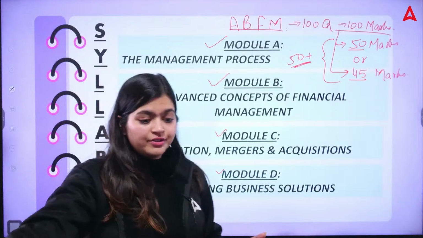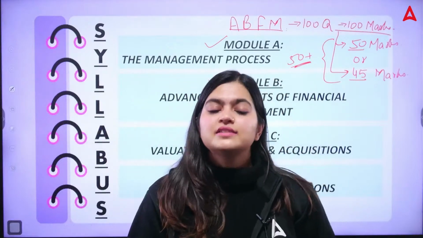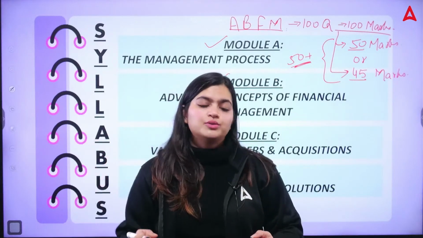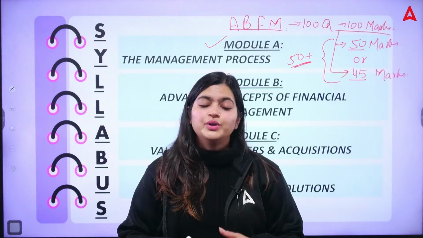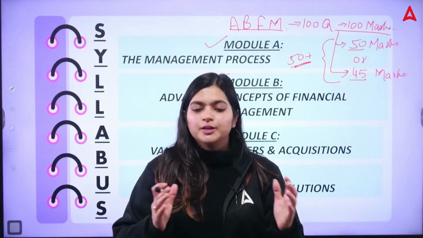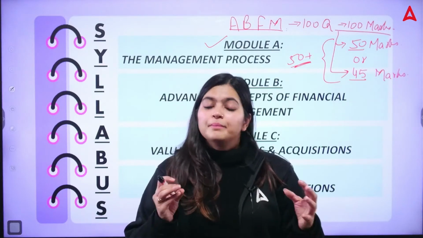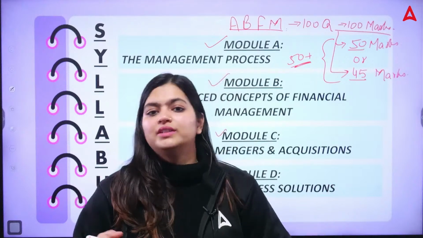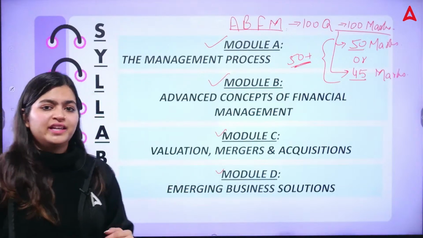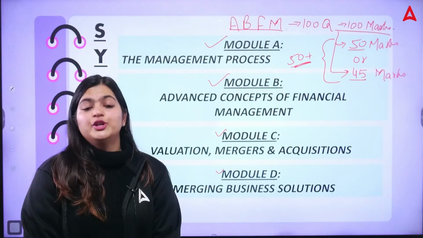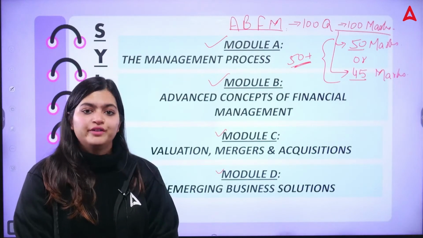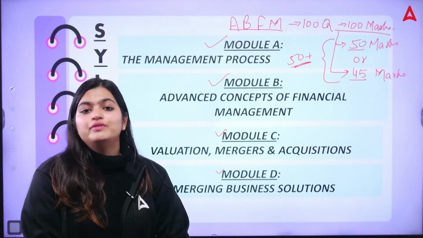If you see our recent December 24 exam, they asked numericals and theory both. So you cannot focus only on one aspect, theory or numerical, but you need to balance both parts of your ABFM. But if you think you are very weak in numericals, then which modules can we leave? Or if we want to overcome the fear of that weakness, which module do we need to focus on more?